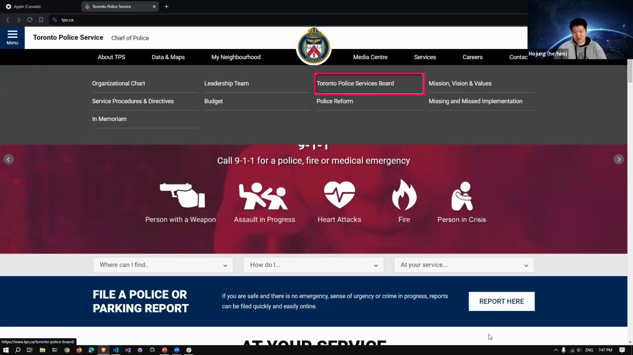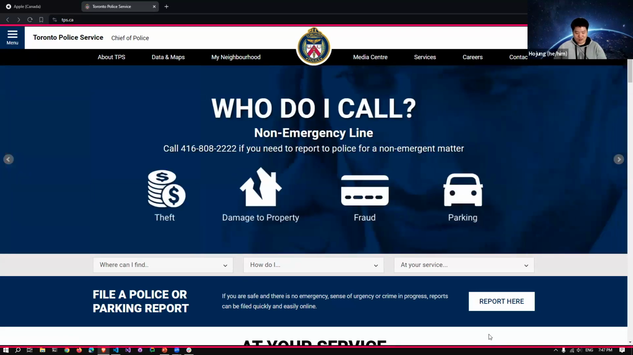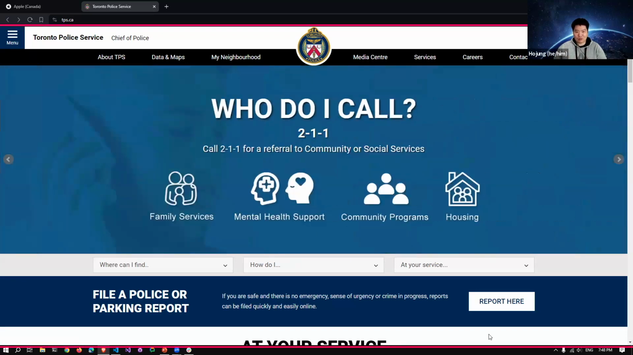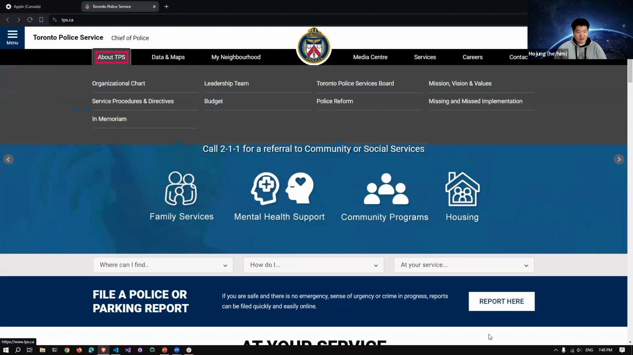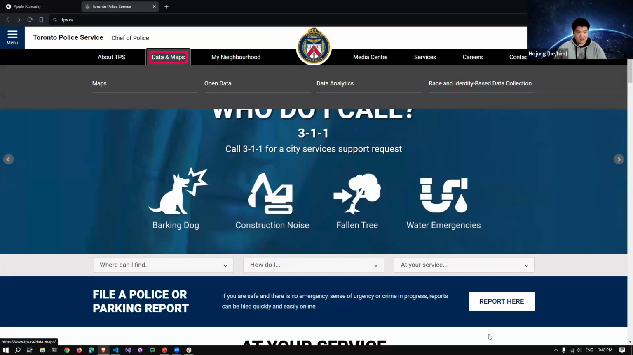So from here, if I press escape, instead of taking me back to the item that I interacted with, which is the About TPS link, it kind of takes the focus all the way back to the page itself. Link to who do I call. Clickable. Data and list with 9. Link to who do I call. Clickable. Data and